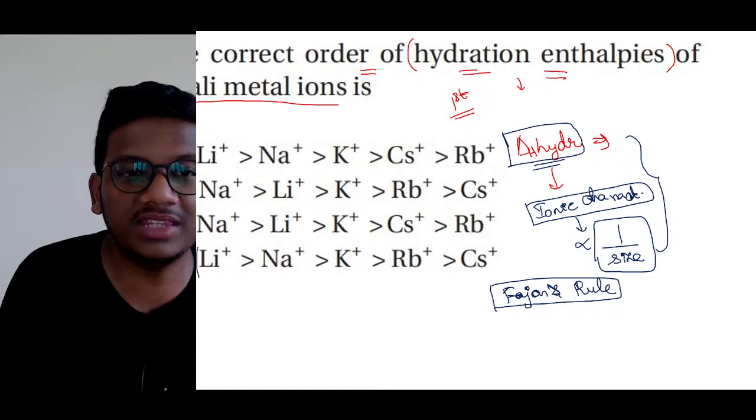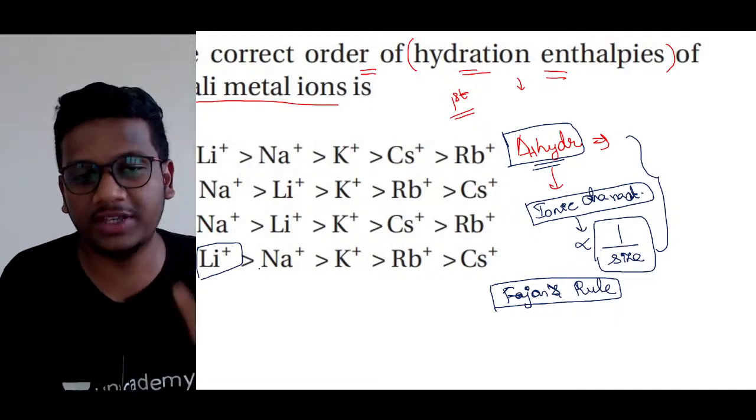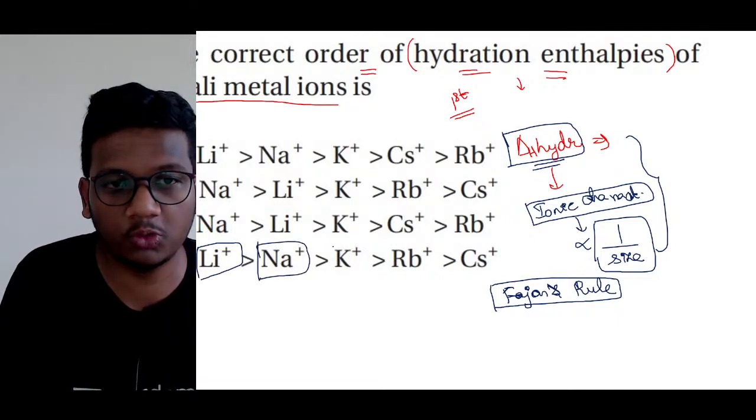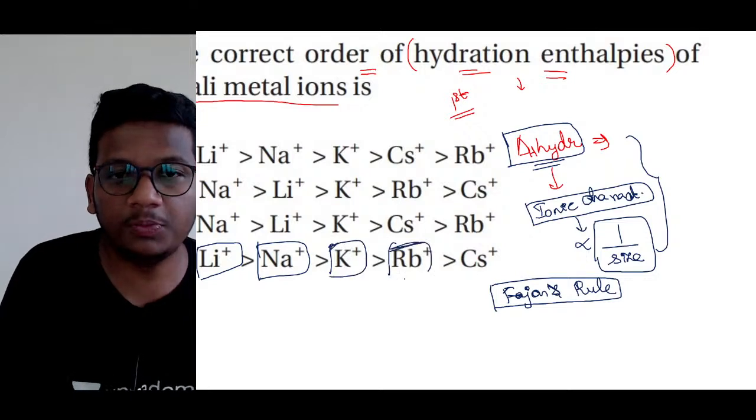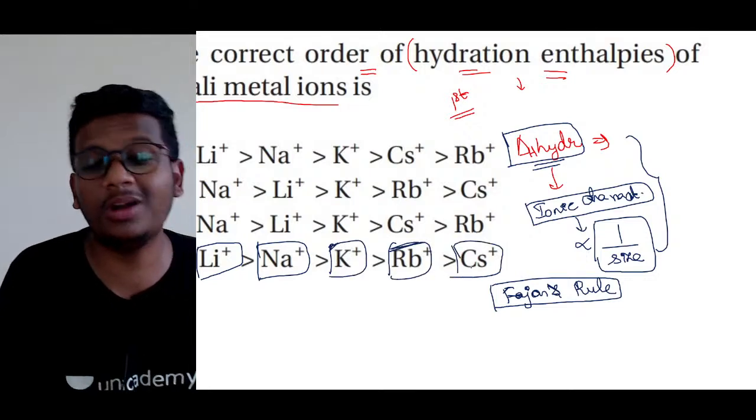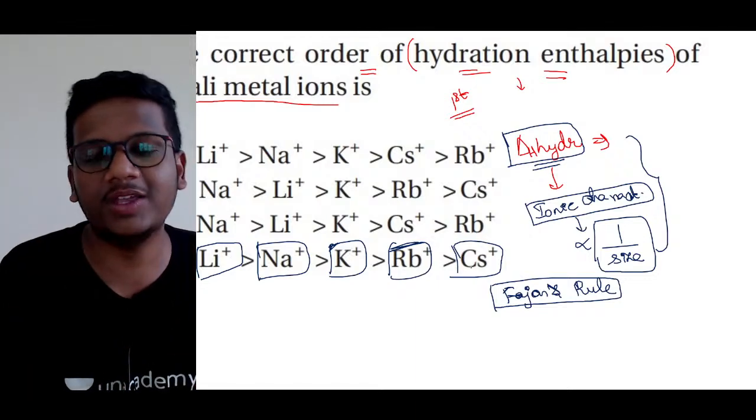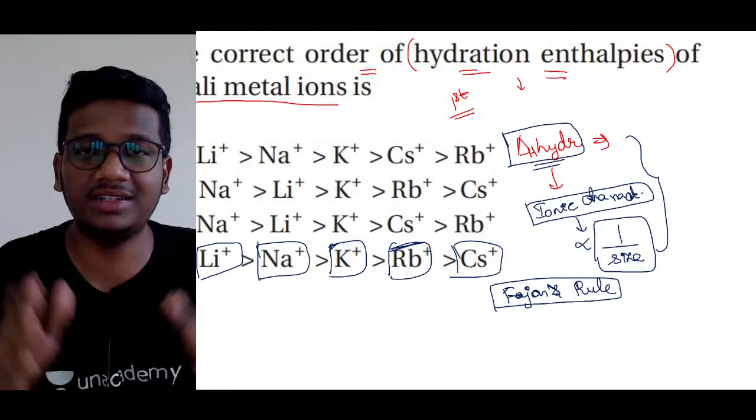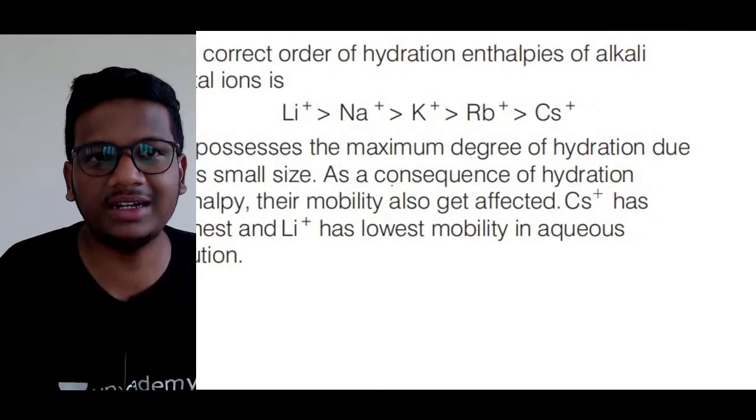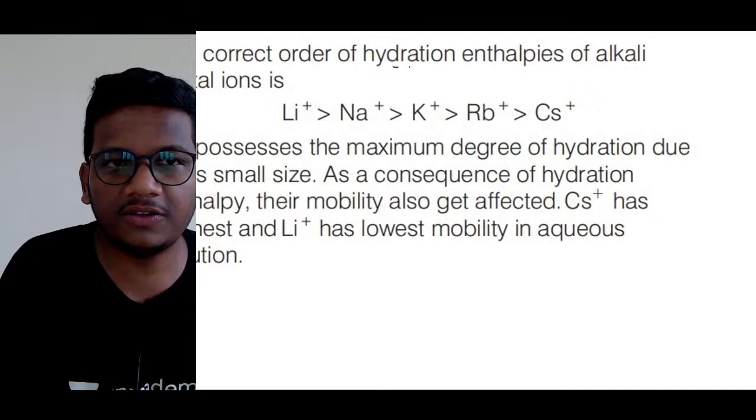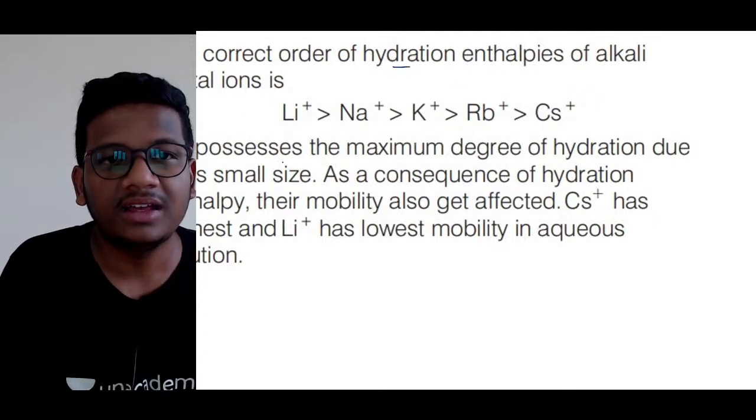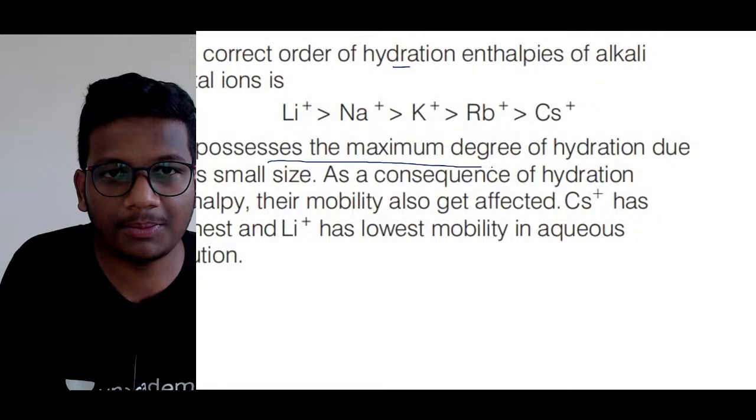So lithium will have the highest hydration enthalpy of the s-block elements, followed by sodium, potassium, rubidium and finally cesium, according to their sizes, which determine the ionic character and finally its hydration enthalpy. So it's a clear-cut explanation here. The correct order of hydration enthalpy of metal ions is like this: